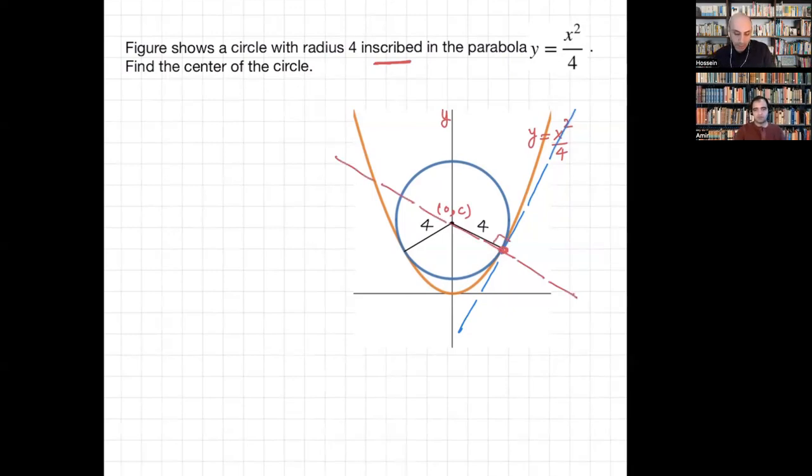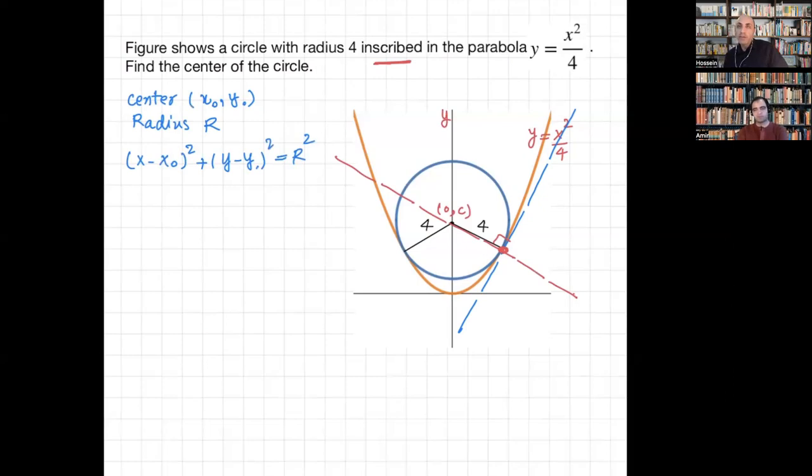Okay, I think I have some idea how to approach this problem. One important thing is to recognize the equation of a circle. If you have a circle with the center of, let's say, x naught and y naught, and the radius of r, then the general equation for that circle is x minus x naught squared plus y minus y naught squared equals r squared. If we use the information given in this problem, which says the center is (0, c) and the radius is 4, and substitute these parameters into the general equation of a circle,